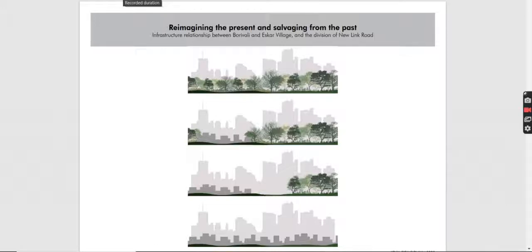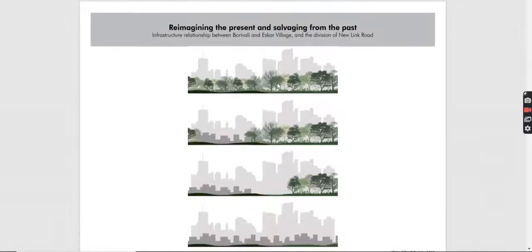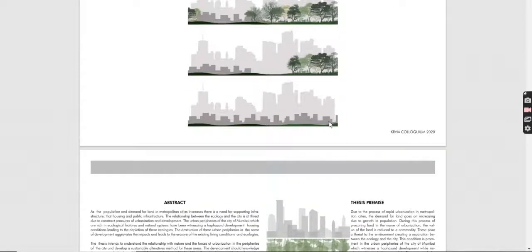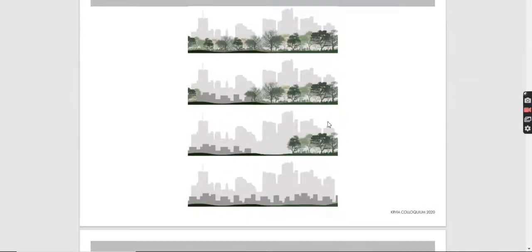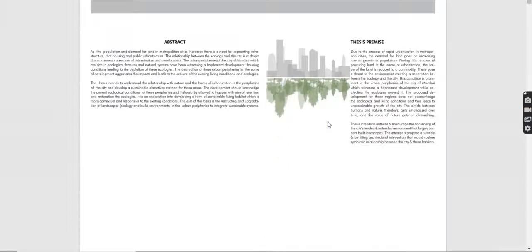My project name is Reimagining the Present and Salvaging from the Past. This is a concept of how, from 2000, the trees had demolition, and what came up later on. That's the concept diagrams. So basically, my abstract is about